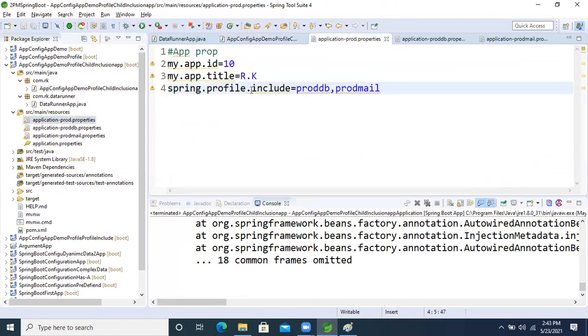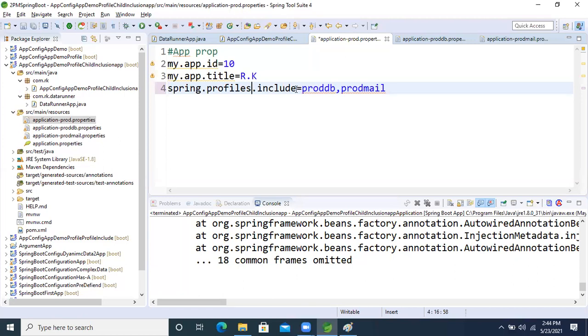Spring dot profile include, right? Include correct only, right? But why is it giving the error? Oh. Here it is profiles, not profile. This is the key, guys. Spring dot profiles dot include.